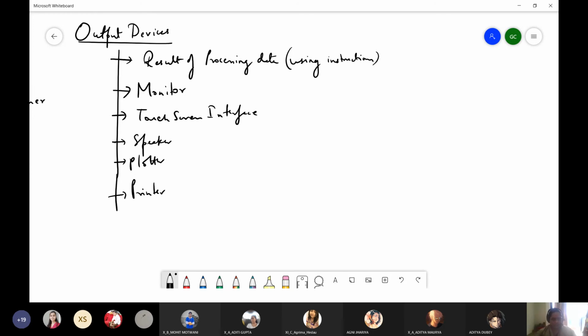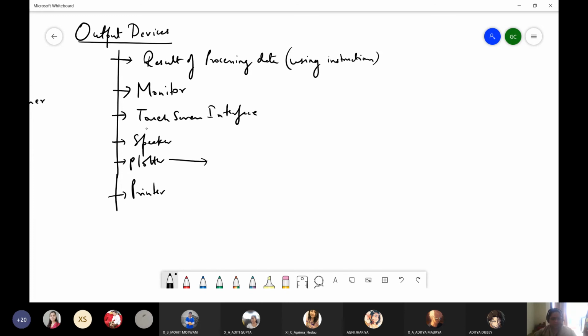Okay, so that is there. And plotter is a huge type of a printer, which is basically used for printing kiosk hoardings and advertisements. Okay, large posters, large maps. Okay, so all these type of things are printed using a plotter, and plotter is quite expensive as compared to a printer. If you just search in Google, you might find that the lowest one starts from 95,000 or 90,000, like that. Okay, so plotter is a larger form of a printer.